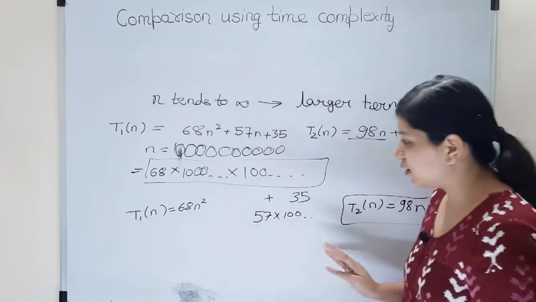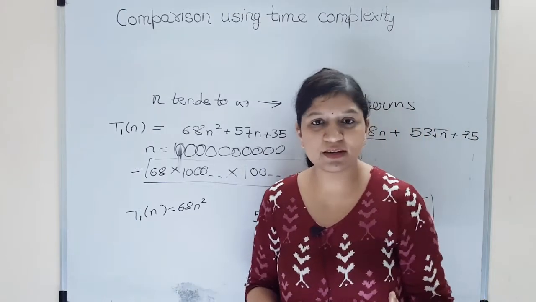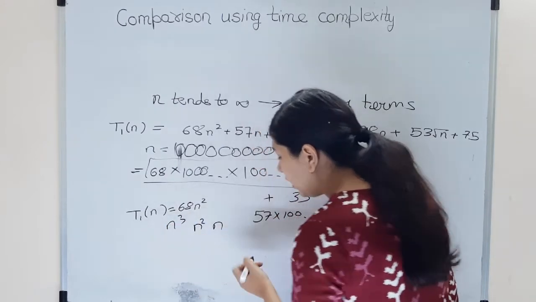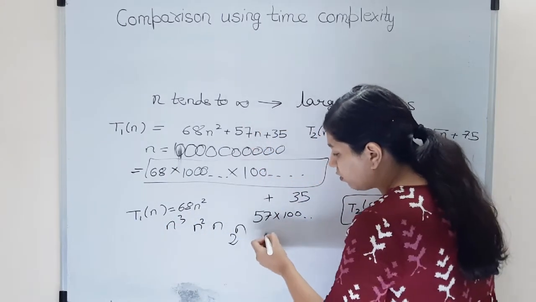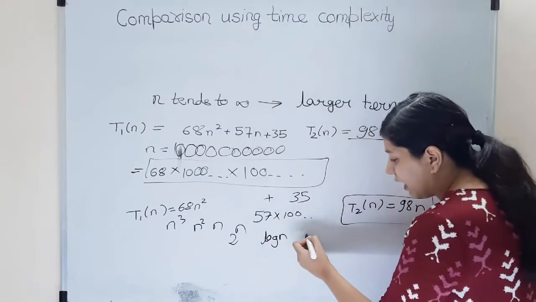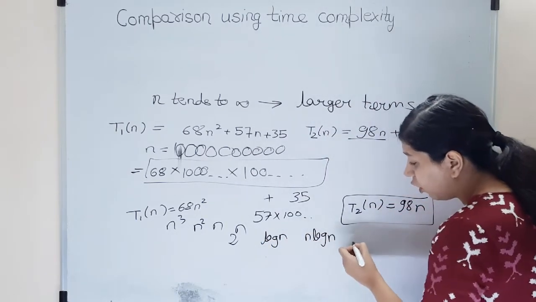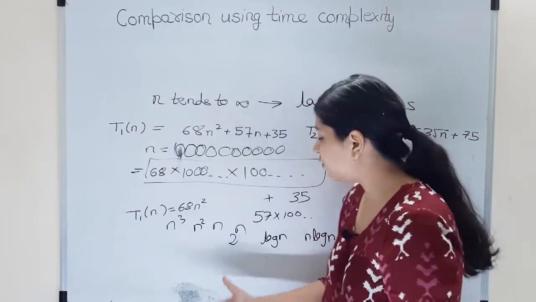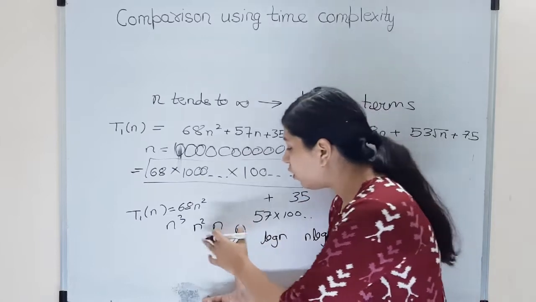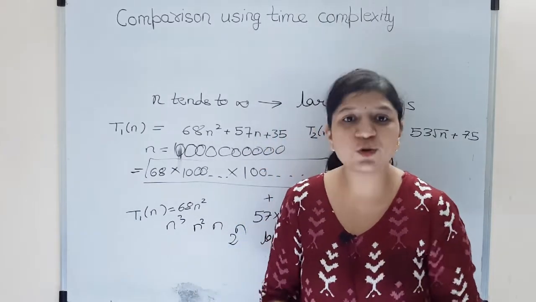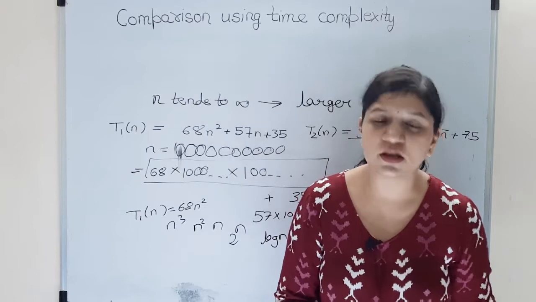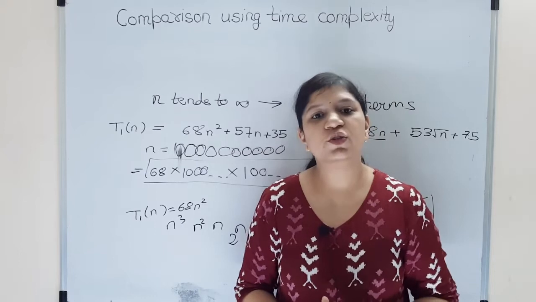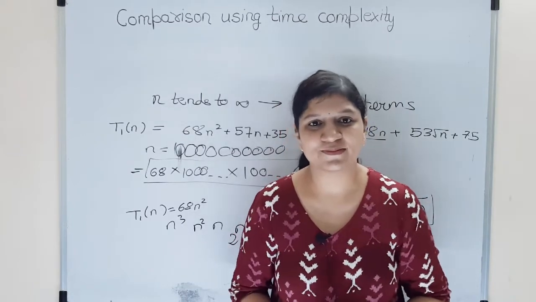Now you understood this, but sometimes the time complexities are not just n square, n or n cube. It could be 2 power n or log n or n log n or factorial n. In all these cases, you should know whether 2 power n is bigger or n square is bigger. So you need to know the comparison between these functions. That's why I'm going to tell you the time complexity comparison table, using which you can compare time complexities.